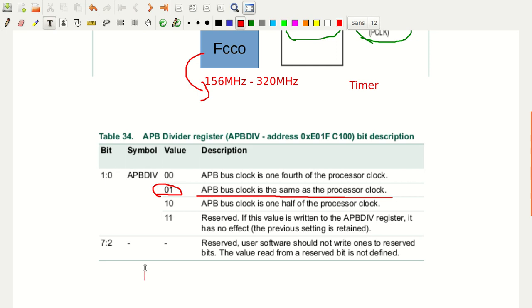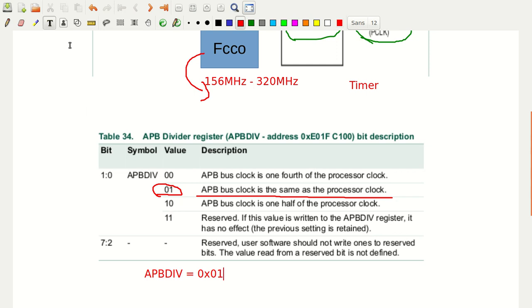So what is the value that I have to write here? APBDIV is equal to 0x00, how many bits is this? It is an 8-bit register. So 0x01, because if I write 01, that sets the APB clock bits 0 to 1.